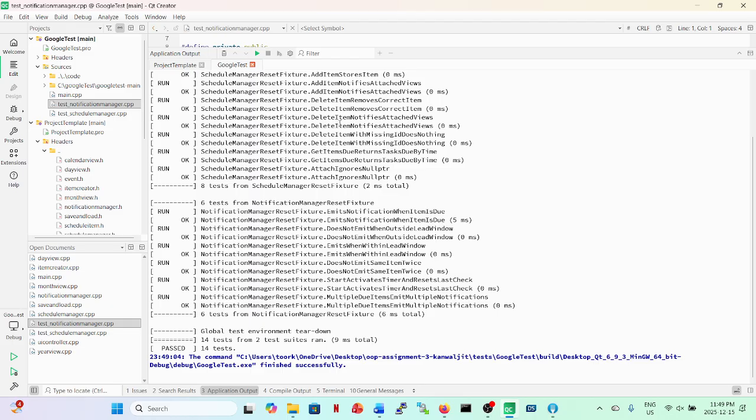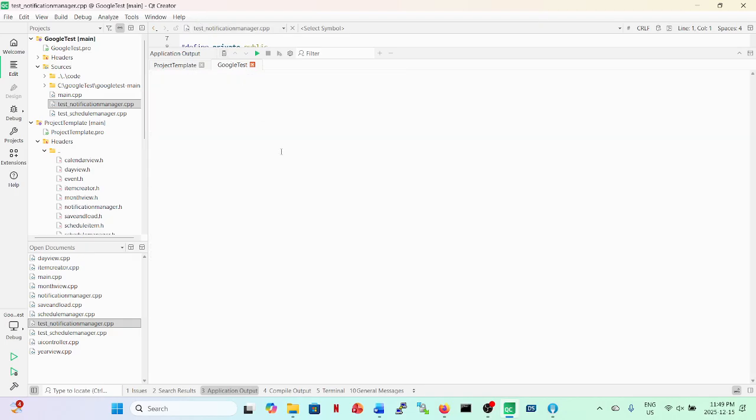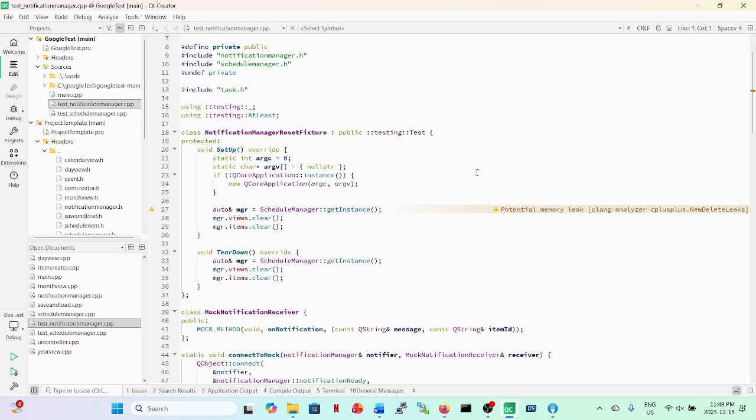One of the main challenges encountered during development was managing shared state due to the use of the singleton pattern in Schedule Manager. While the singleton simplified data access and ensured consistency, it also complicated unit testing at first because the state persisted between test cases. This issue was easily resolved by just switching to Google Test fixtures